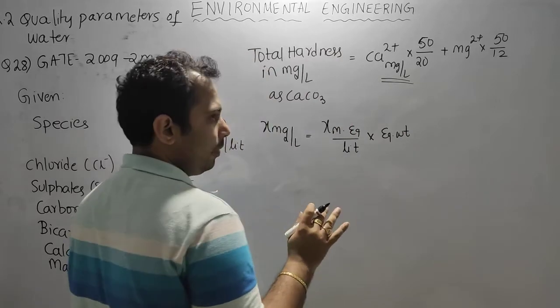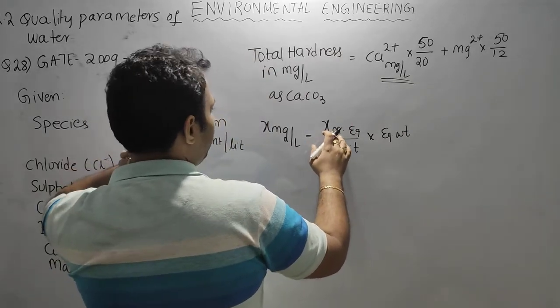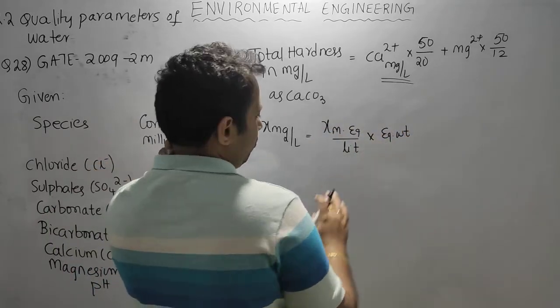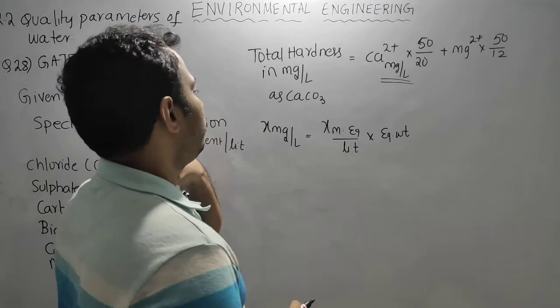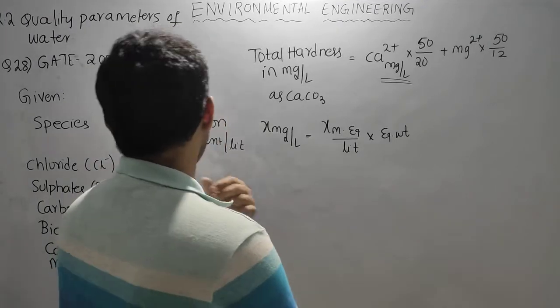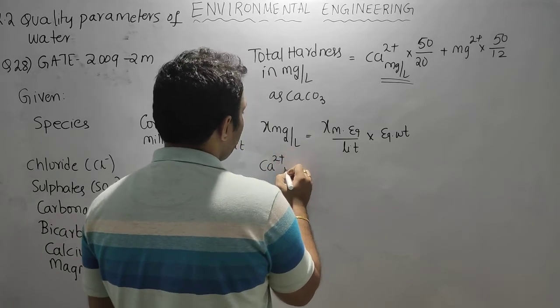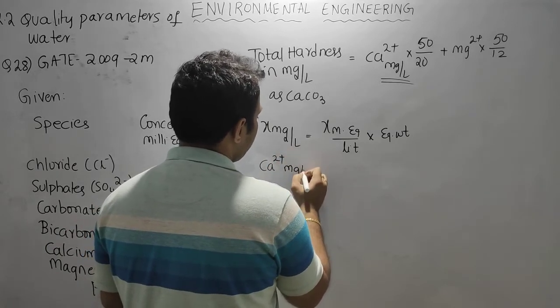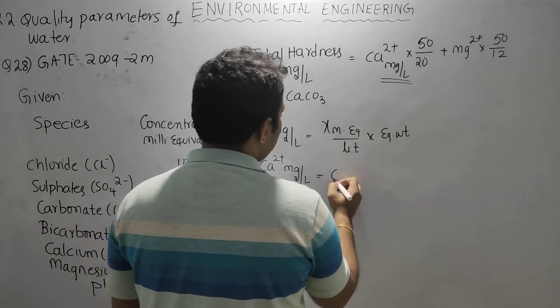Okay, into equivalent weight, because already there is milli, so whatever the milli will go here, it will become milligram. So there is no need of multiplying it with 1000. For example, if I want Ca2+ in milligram per liter, then Ca2+